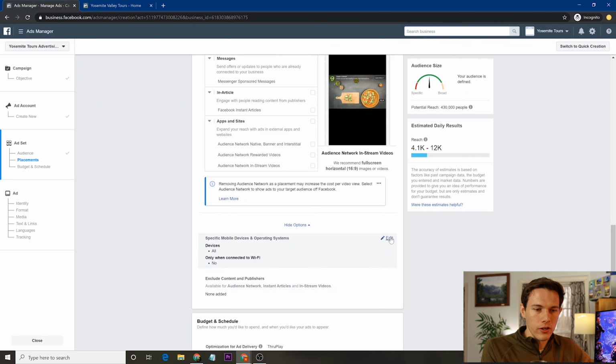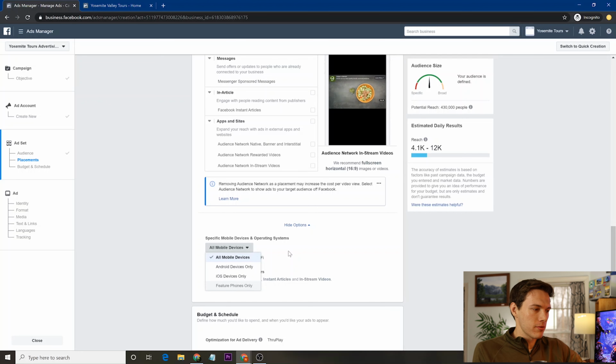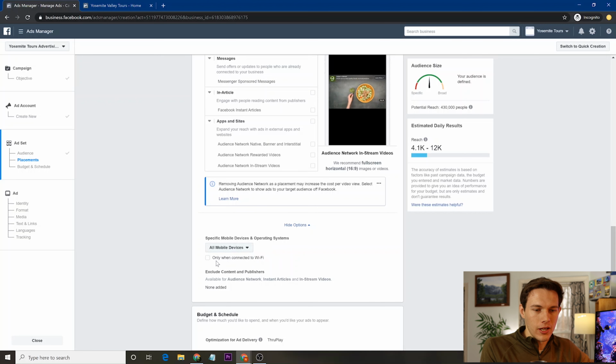So we're going to go down here, and some other things you can do, edit this. So if you go to more options, you can go and say, is it all mobile devices? Is it Android? Is it iOS? So if you have an app and your app is only on Android right now, don't waste your money advertising on iPhones if they can't get it because it's not on the iPhone or the App Store, right? So we're going to say, fine, all devices, it doesn't matter for this one. And you can say